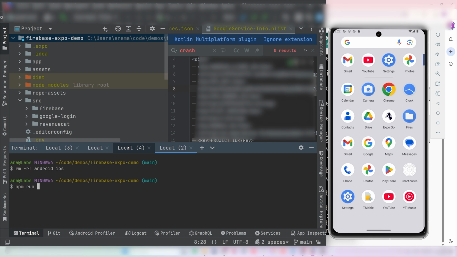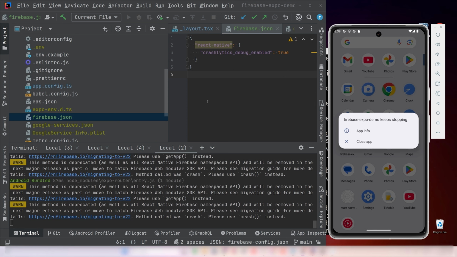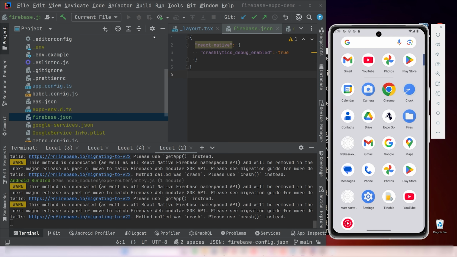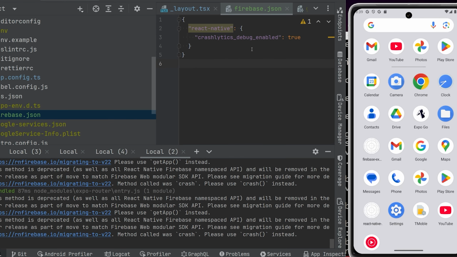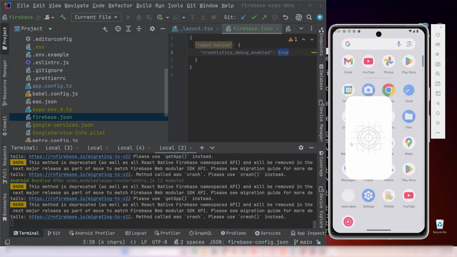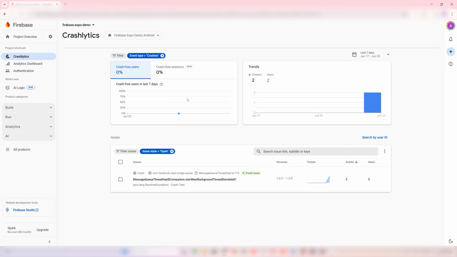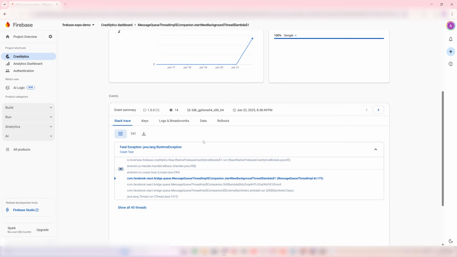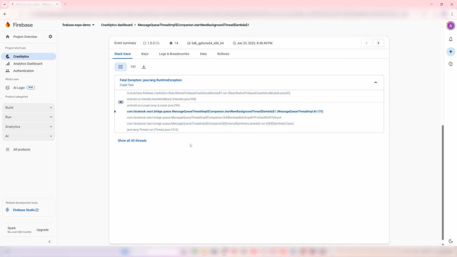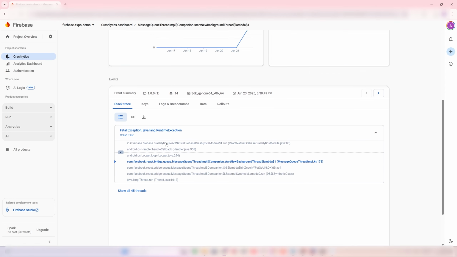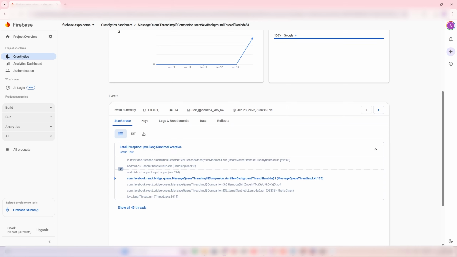And one more thing that I forgot to add is that Crashlytics is by default disabled in development mode, and you can create a Firebase JSON file that contains flags for React Native Firebase. And try opening this up, it will fail, and I can now inspect the logs over here. The information I get in the exception stack trace is useless, but at least I get what kind of OS version of Android, version of the app, and you can also add your own information.